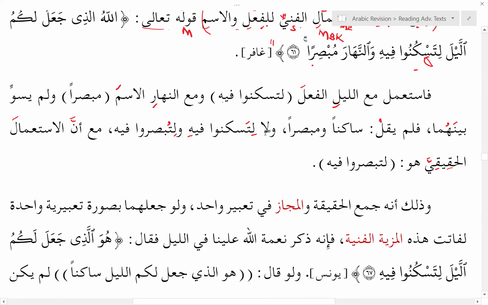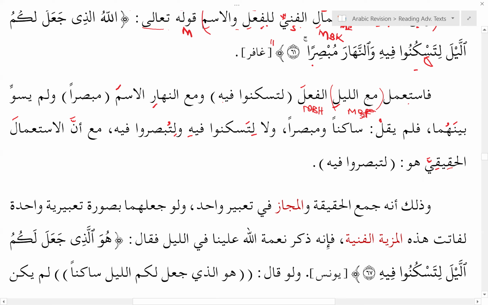Okay. So then he goes on to say فاستعمل. So استعمل فعل ماضي from استغفر family. So this is our فعل. The فاعل is the inside pronoun هو. استعمل مع الليل. So مع special مضاف. الليل مضاف إليه. Together they form what? The متعلق بالفعل. Right? استعمل ماذا? He used what? الفعل. The verb. So this one is our مفعول به. Right? So استعمل الفعل مع الليل.